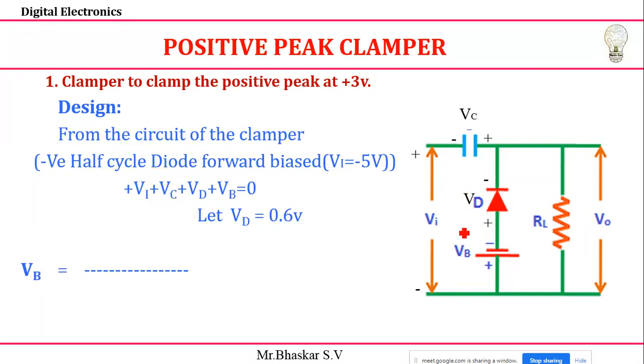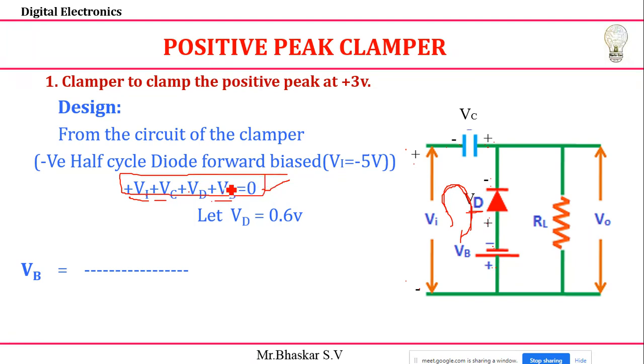See that? This is the case during the positive half cycle, and during the negative half cycle the diode is forward biased. In this case, see the polarity, minus to plus, increasing the potential. That's why I take plus Vi. Minus to plus, the capacitor will be charging in this direction only, so increasing the potential, I'll take plus Vc. Next, minus to plus, in this direction I'm moving, so increasing the potential, the voltage I take is Vd. Next, minus to plus, increasing the potential, I'll get the value Vb. Vi plus Vc plus Vd plus Vb is equal to 0. You should remember this equation for design purposes.